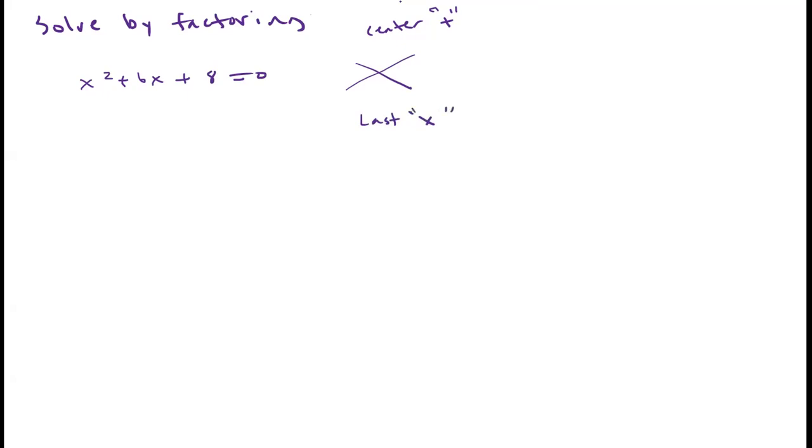Okay, so when I'm talking about the center number, I'm talking about this one here. It's number 6. And then the last number here, I'm talking about 8. So center, last. I'm going to put those numbers there, 6 and 8. And what I want to do is find factors that when I add them,